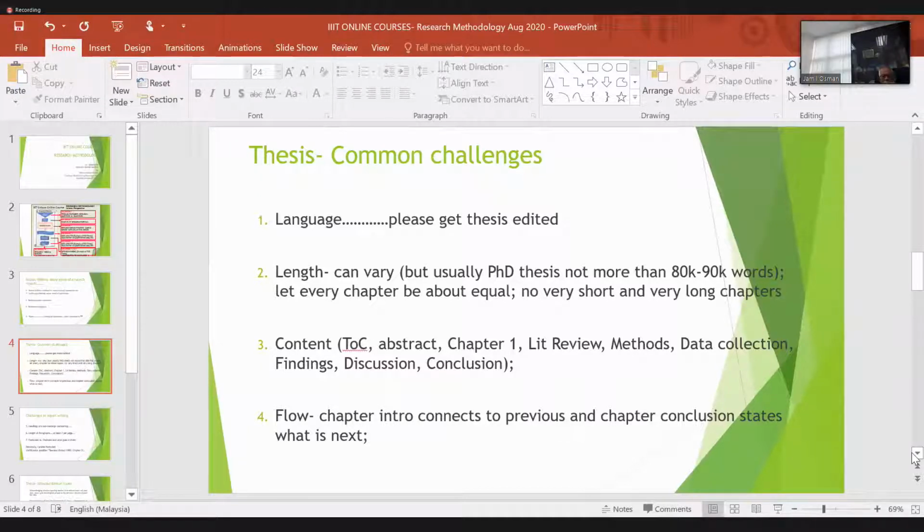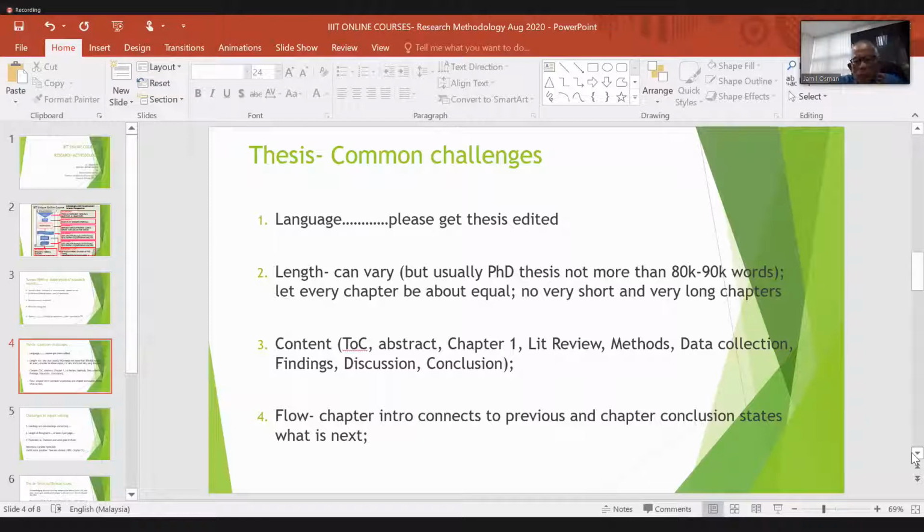The first thing, which is the most basic, whichever language you are writing in, and I'm referring to IIUM, of course, in English language, please get the thesis edited. Yeah. Now, some of you may think that this is not so important as long as it's readable, but it has a very big impact on the examiners. Yeah? In this case, you are writing for examiners. You may think to yourself, never mind, once I get my PhD, when I decide to publish the thesis or convert it into a book, then I will think about the editing. But believe me, language in the PhD thesis is very, very, very important.